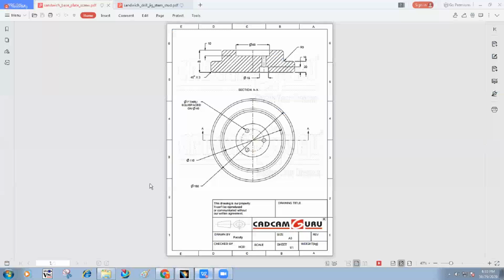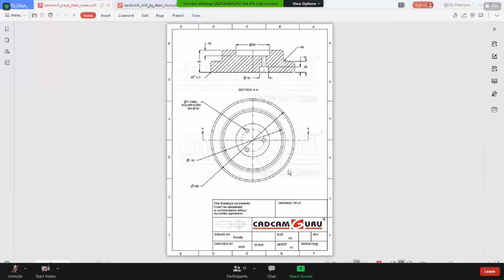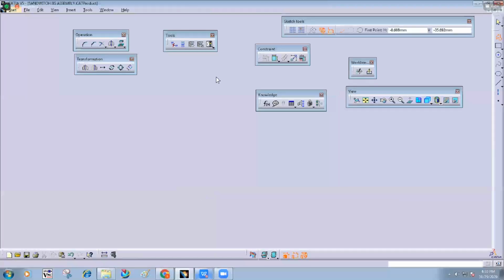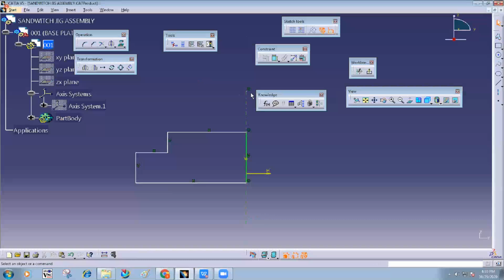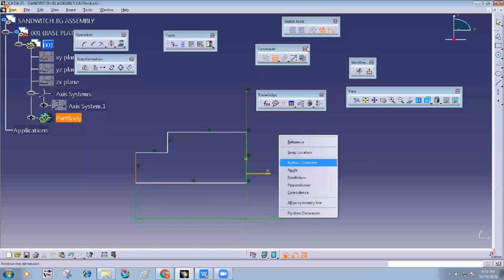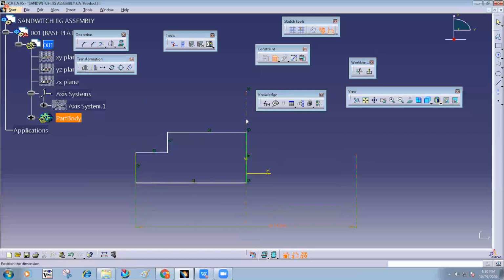Now that size we need to introduce. The outer diameter 150, smaller is 110. So I introduce an axis. This is the diameter 150.